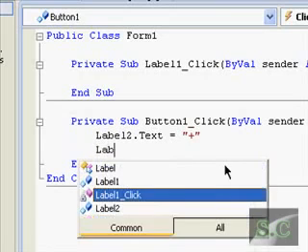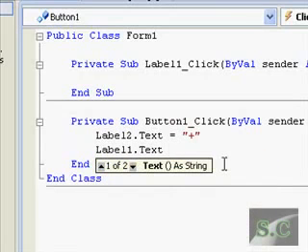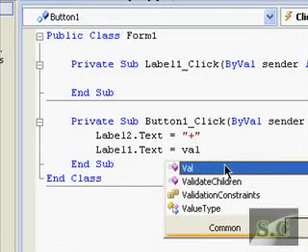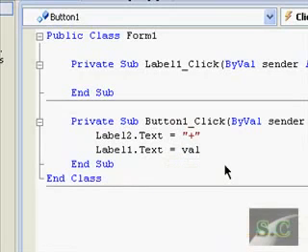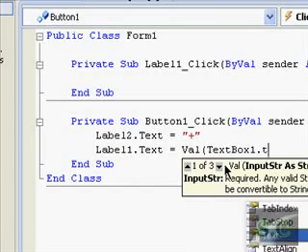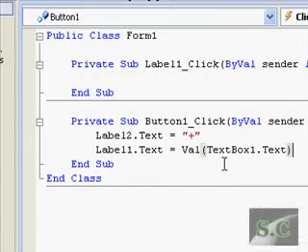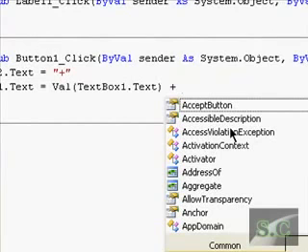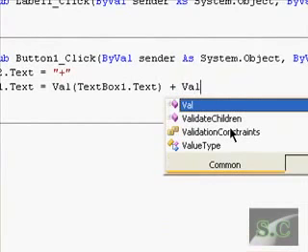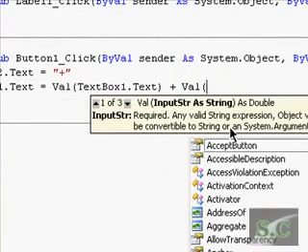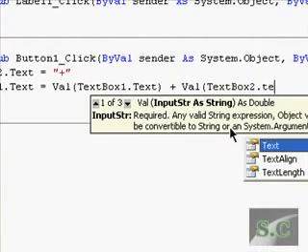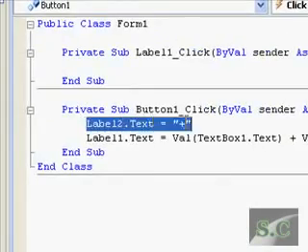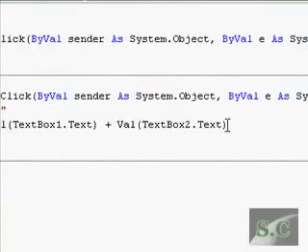Now type in label1.text, and then space equals, and then space again, Val, VAL, and then in brackets, textbox1.text. And then close brackets, space, plus, space again, and then Val, and then in brackets, textbox2.text, and then close brackets. Now this is going to be the script, except we're going to change some things here, like the plus symbol,